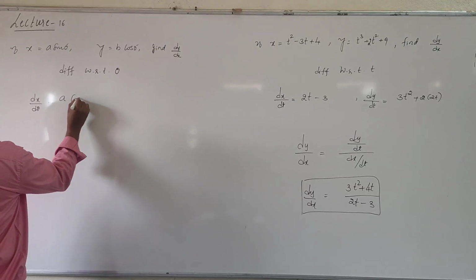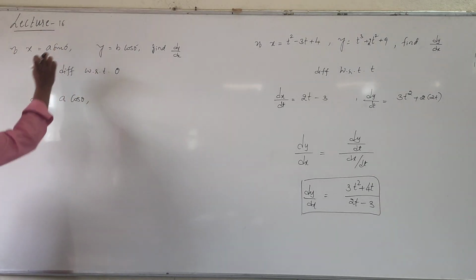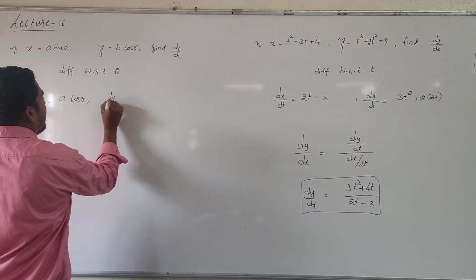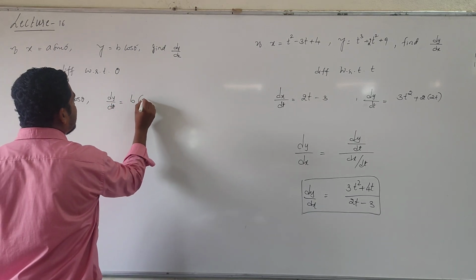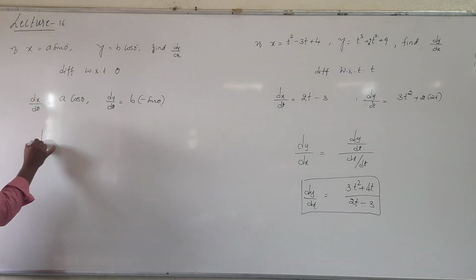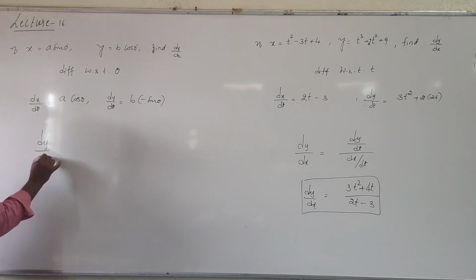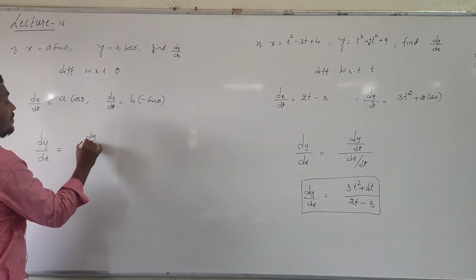Sin theta differentiation is cos theta. Here we are differentiating with respect to theta. Then dy by d theta is equal to b, a constant as it is, cos theta differentiation is minus sin theta. Now our requirement is dy by dx. Dy by dx is equal to the formula dy by dt